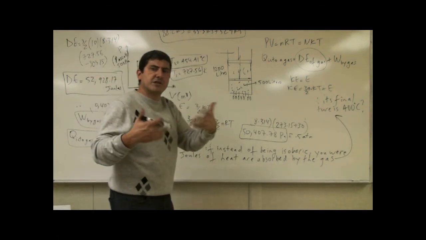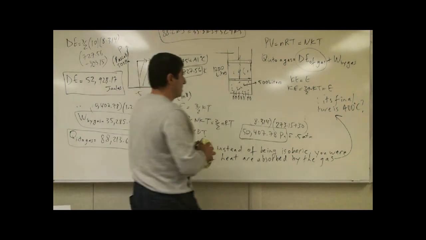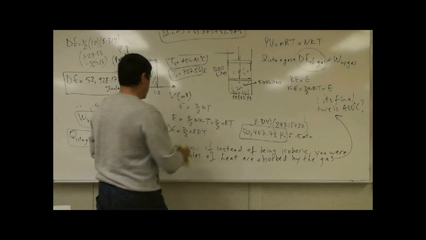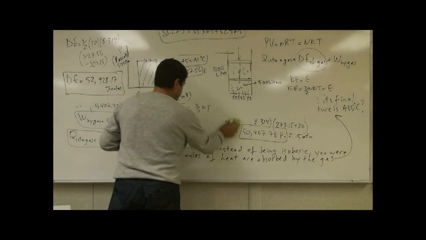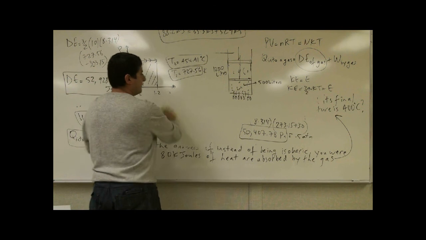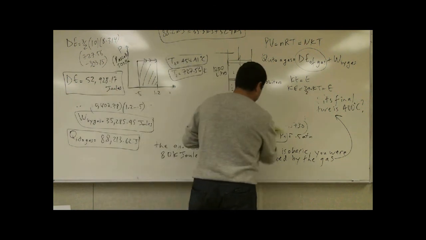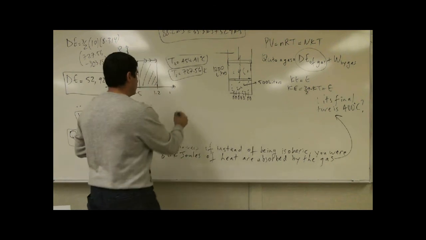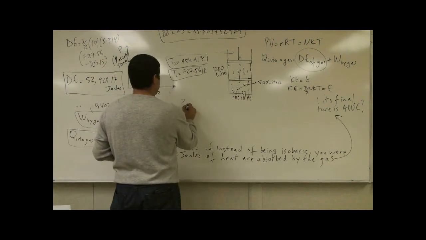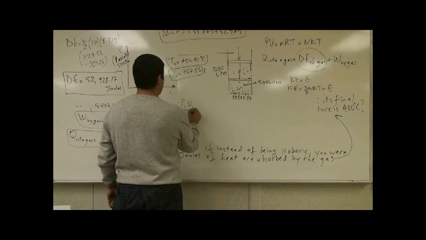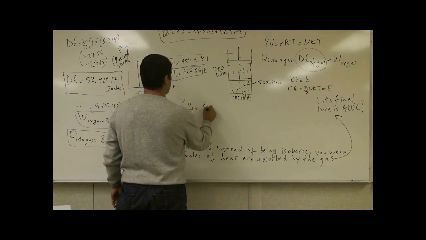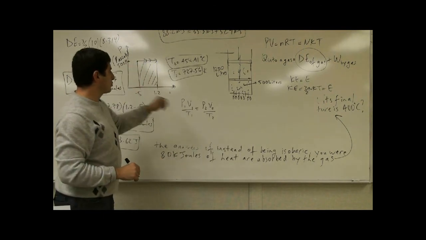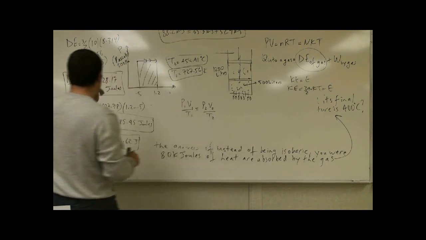So what's going to happen here? What's happening to this gas? Not as much heat is coming in, its final temperature is not as hot. So what do we have to do? Well, we have to find the final pressure, right? Since this is not going to be isobaric, we have P1 V1 over T1 is equal to P2 V2 over T2, right? We know the initial pressure is equal to